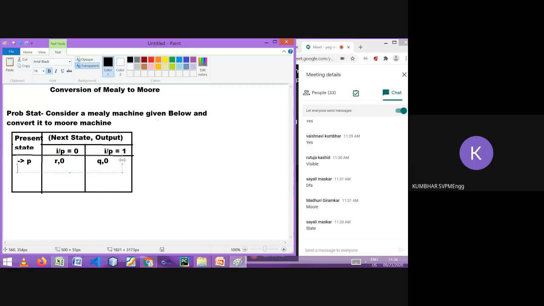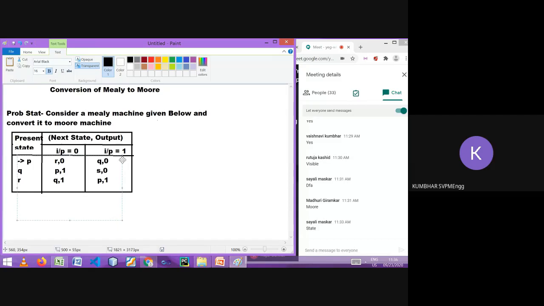Next, the current present state is q, and transition on 0 is to p, and output is 1. Transition on 1 is to s, comma output 0. Then for r, on 0 it goes to q with output 1, and on 1 it goes to p with output 1.